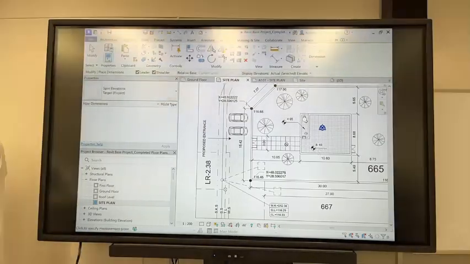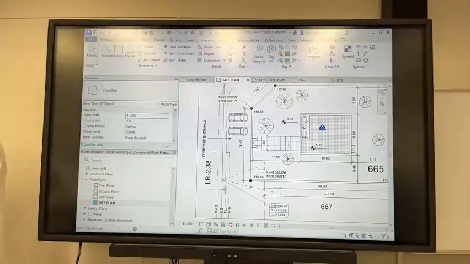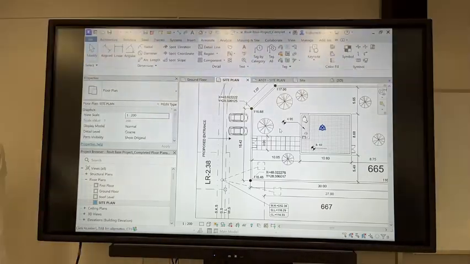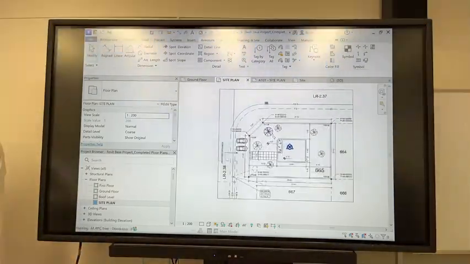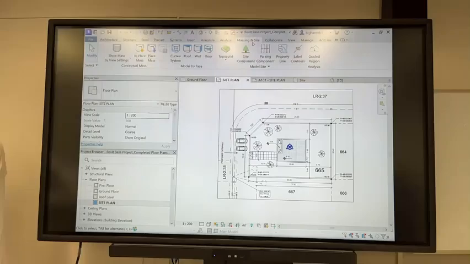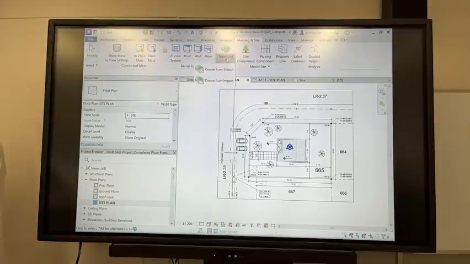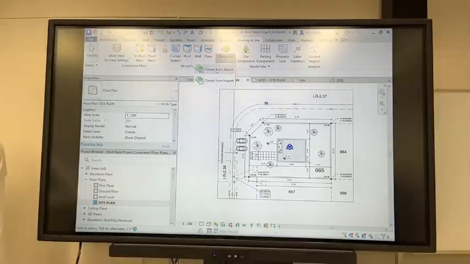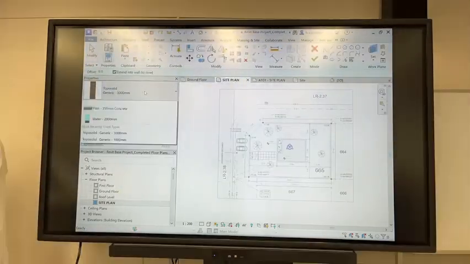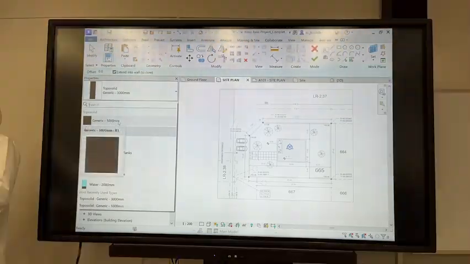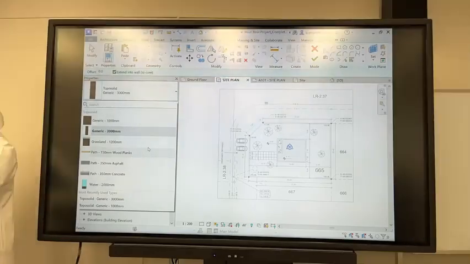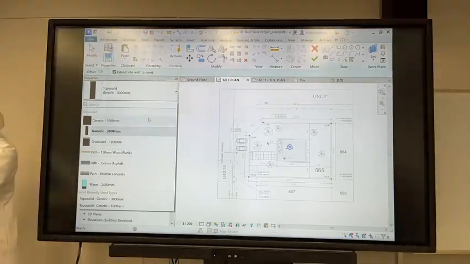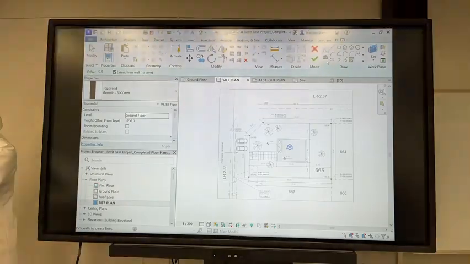For this here to show, you need to have a ground. Does anybody know how to add a ground? No, it's a similar concept under massing and site. Here where it says topo solid, you say create from sketch. By default, it might say generic 1000, right? Be 3000? Okay, 3000 should be enough. And you just draw,